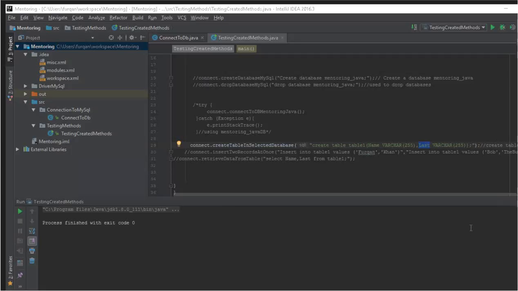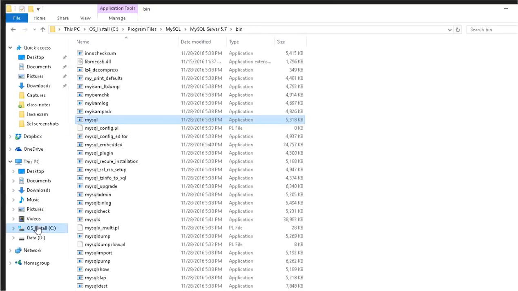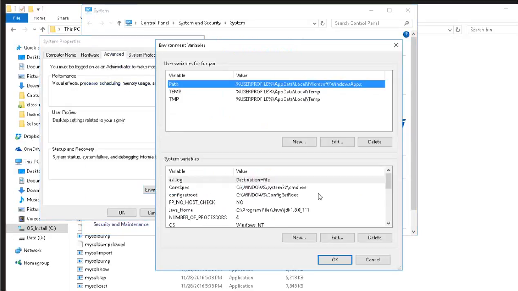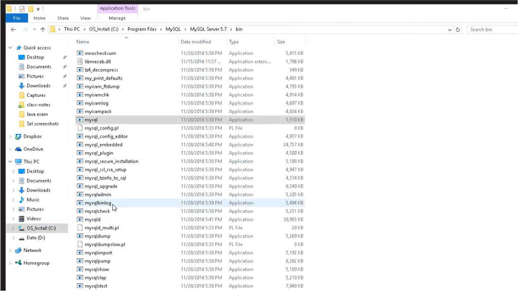Yeah, you could set it up as an environment variable. I think he means if you go here. You could also set it as a system variable. Anyway,